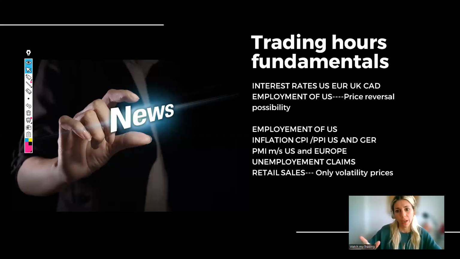Europe and also UK on the same exact day, just hours of difference. But once production is published, the entire session is all about production of Europe. And then production of the US also on the same days, but in the US hours. And then unemployment claims and retail sales, consumer sentiment,